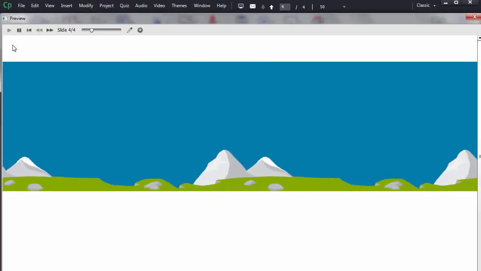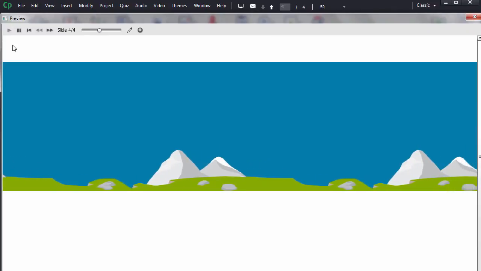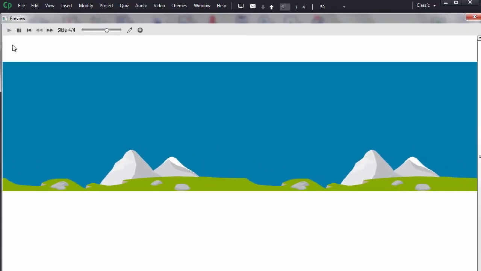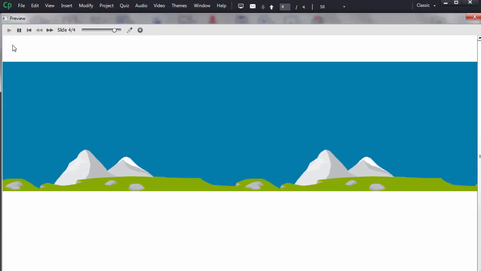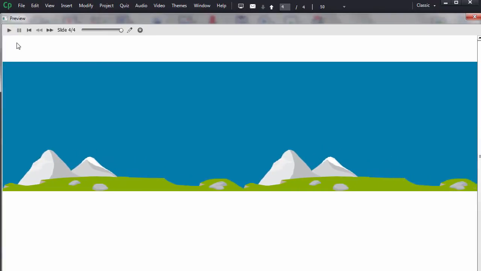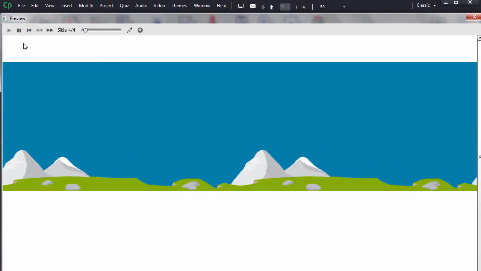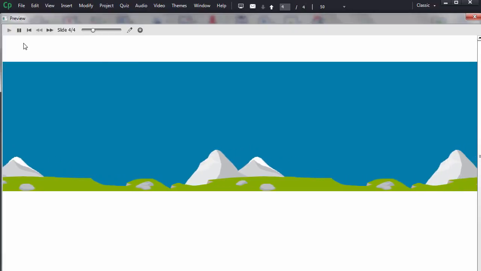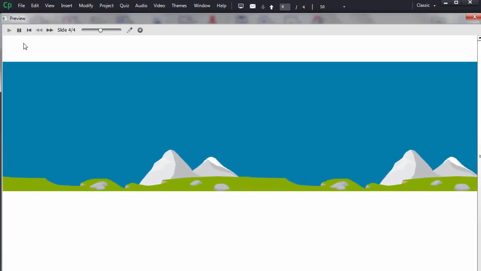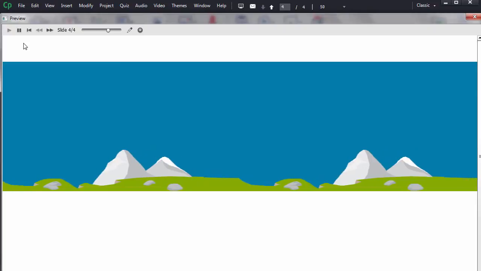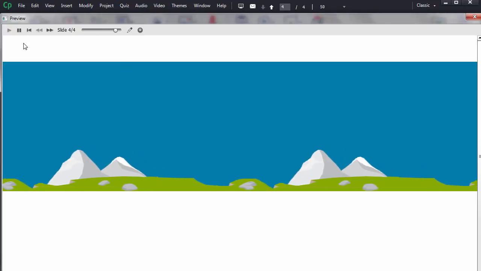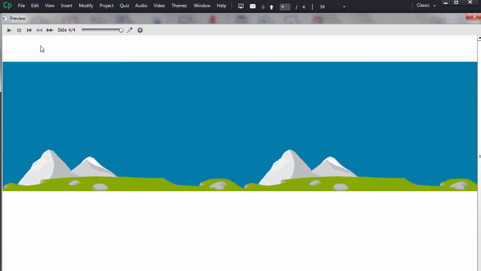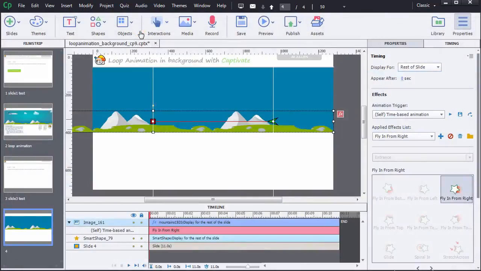The animation runs correctly, the mountains picture fills all the width of the slide as we want, there is any blank on the left side or on the right side, and the slide background doesn't appear anywhere. It's perfect, we can see that our animation runs correctly within one cycle, but it doesn't work in loop yet. This is what we are going to do now.